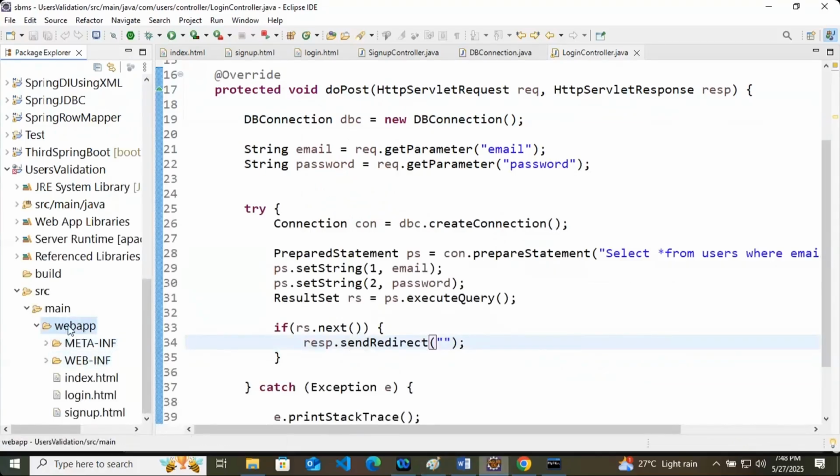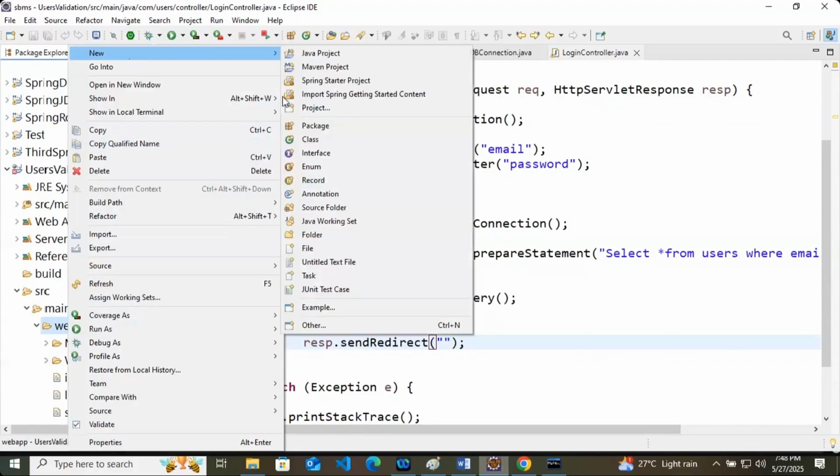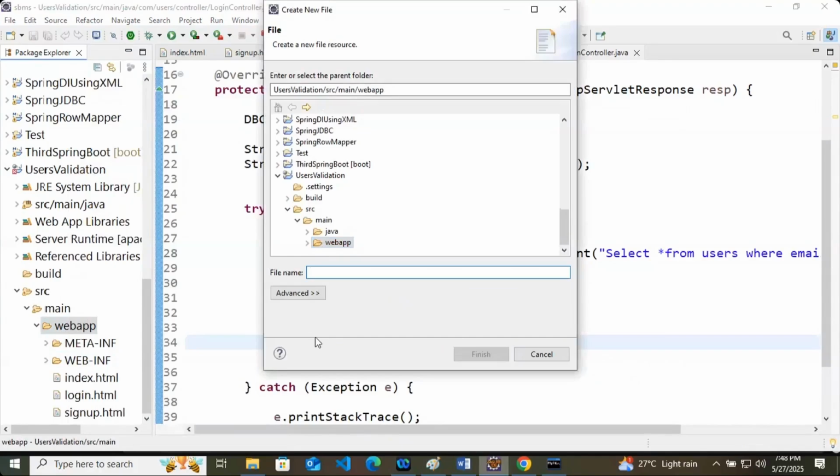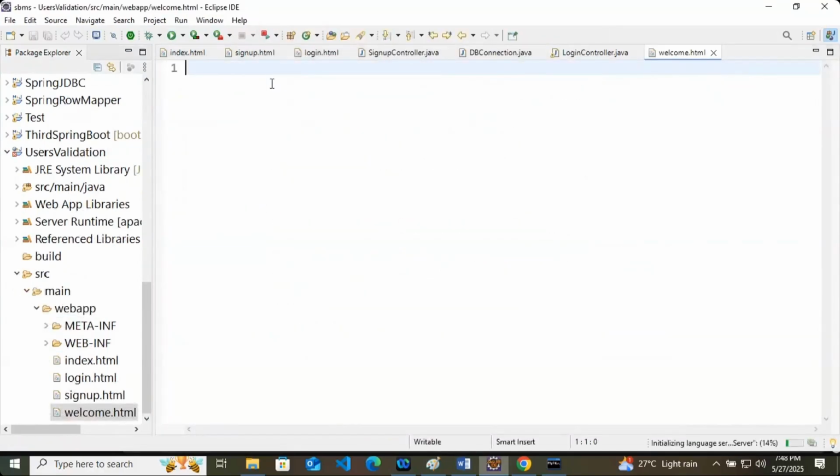So in the webapp folder, I will create a new file and name it welcome.html. And here we will just write the basic code.